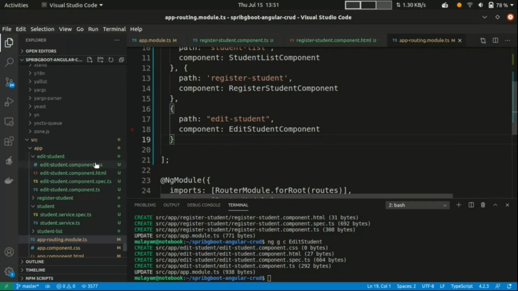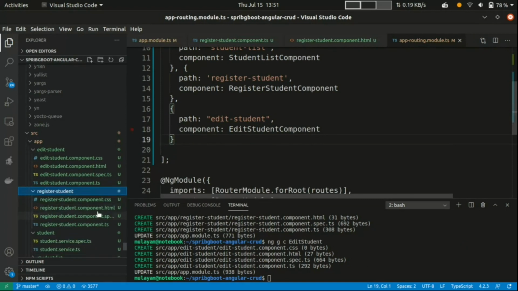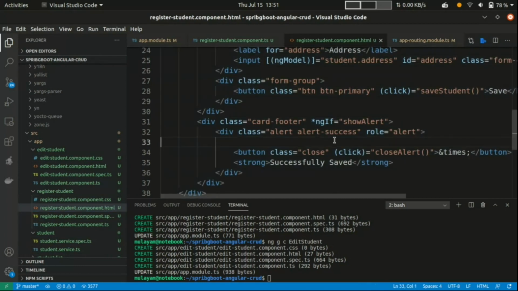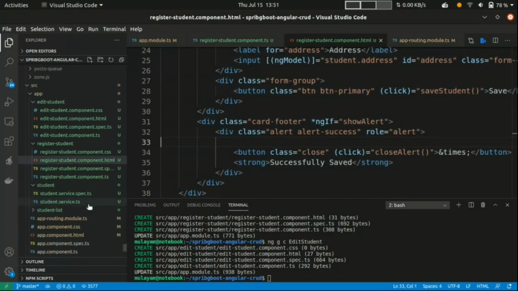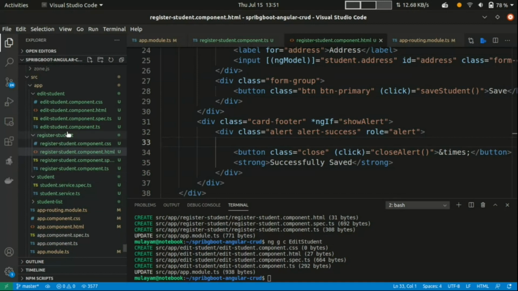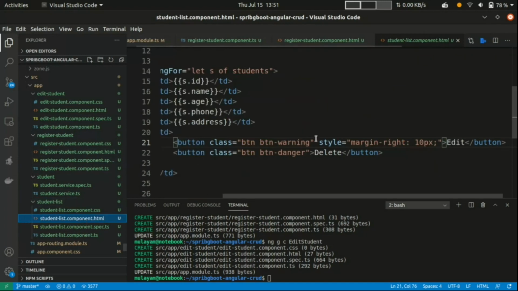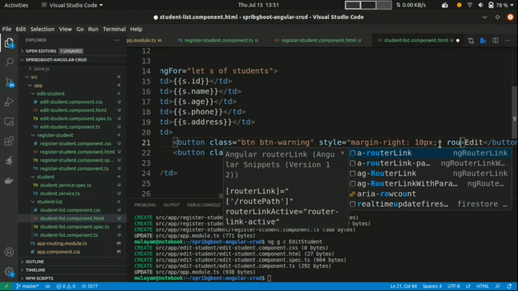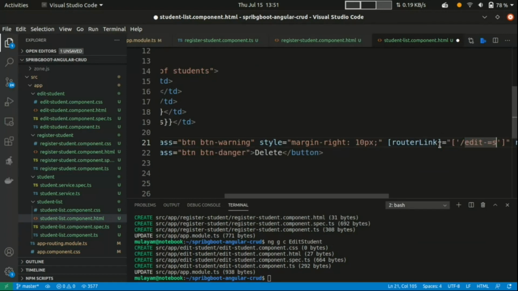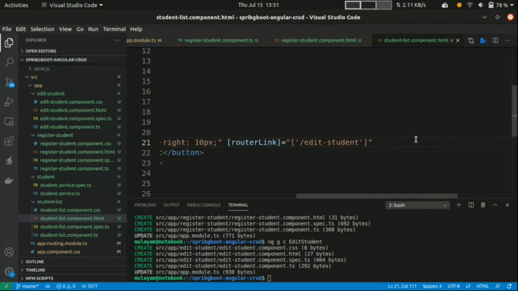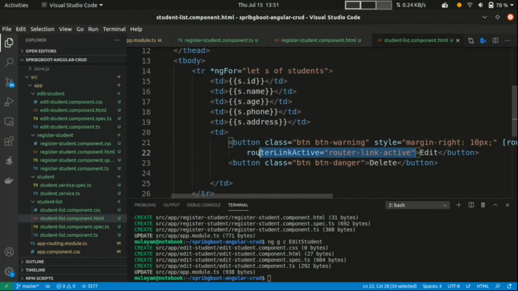And the next thing, when I click on this button in the student list, where is the edit button? This is the register one. It should be in the student list here. Okay, so when I click on this edit button, I want to call the router navigate, edit-student, but I have to pass, just remove this one.